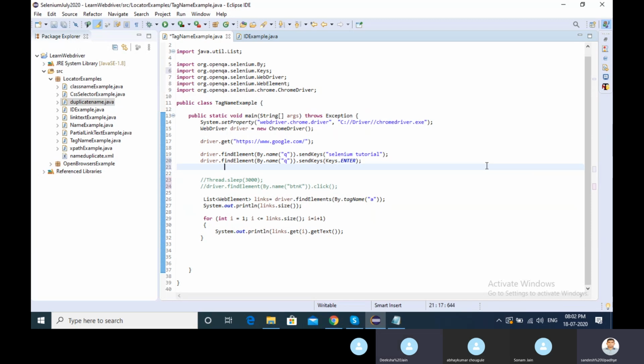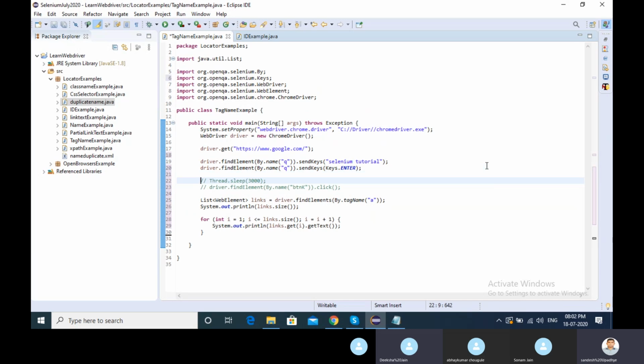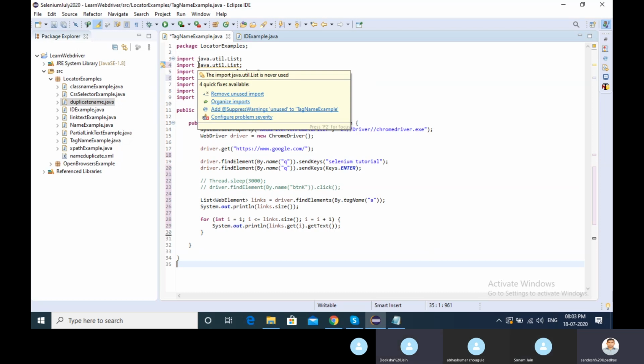One more shortcut I want to tell you: Control Shift plus F. If you press Control Shift plus F, it will format your code. If by mistake I added some extra import over here, you will see a yellow line.